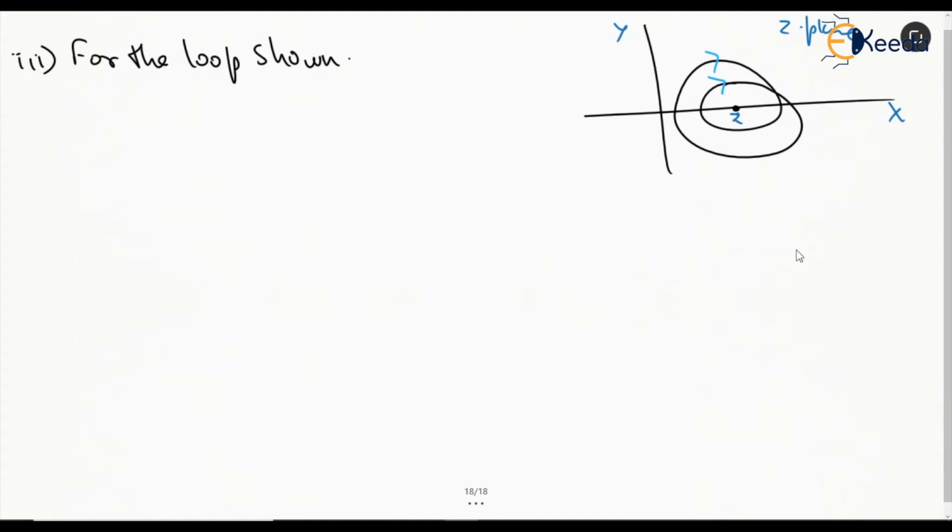Now we have some points of observation here. This curve is not simply connected. It is crossing itself, so it is not simply connected. Secondly, this curve is in the negative orientation, that is, it is in the clockwise direction. It is not in the anti-clockwise direction. Two things. So overall, if this is C3, let's define this C3 as CA and CB.